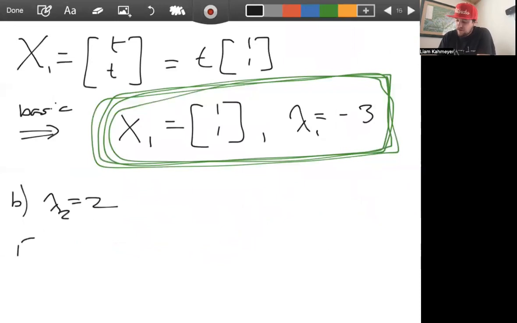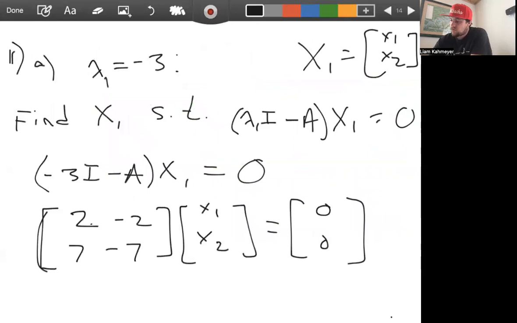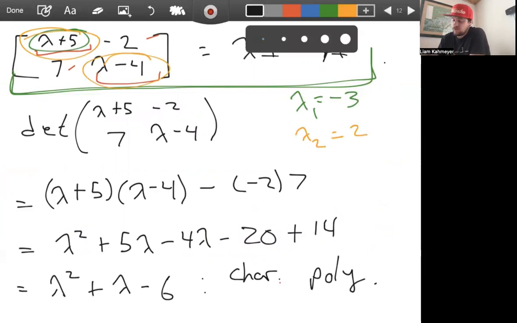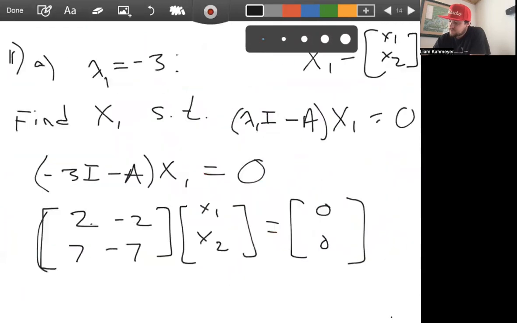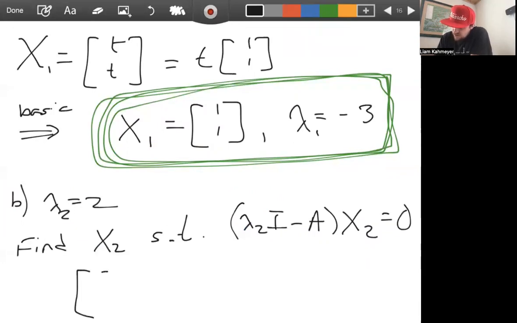We need to find x2 such that lambda 2I minus A times x2 equals 0, right? And then lambda 2I minus A, again, we just come back to the formula we found for lambda I minus A, but now we plug in lambda 2 equals 2. And so that looks like we're going to get a 7 in the first spot, and then -2 in the A22 spot. This is then the matrix 7, -2, 7, -2